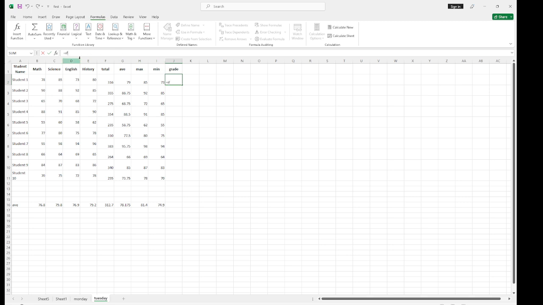You can type IF in small letter or capital letter, it will still mean the same thing, but I like capital. So I'll type IF, then open my bracket and say if G2, the name of this column, is greater or equal to 100,